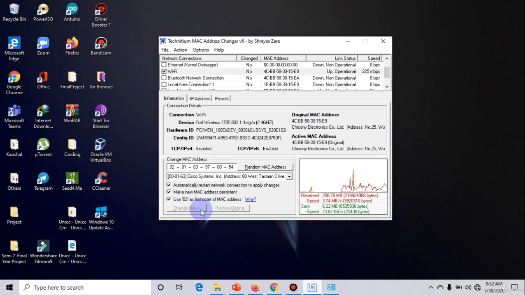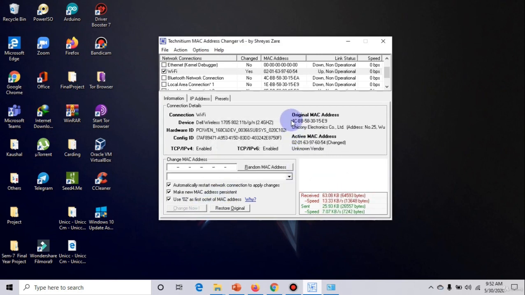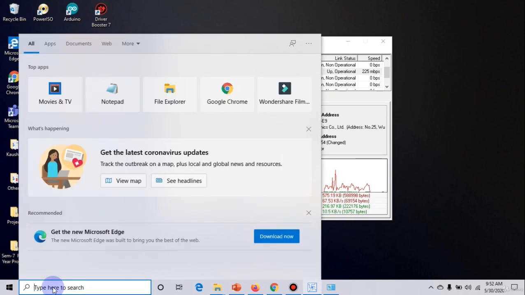Okay, now it will get changed successfully. Initially the original was 475830115E9. Now the active MAC address has been changed to 020163976054. So let's just check out